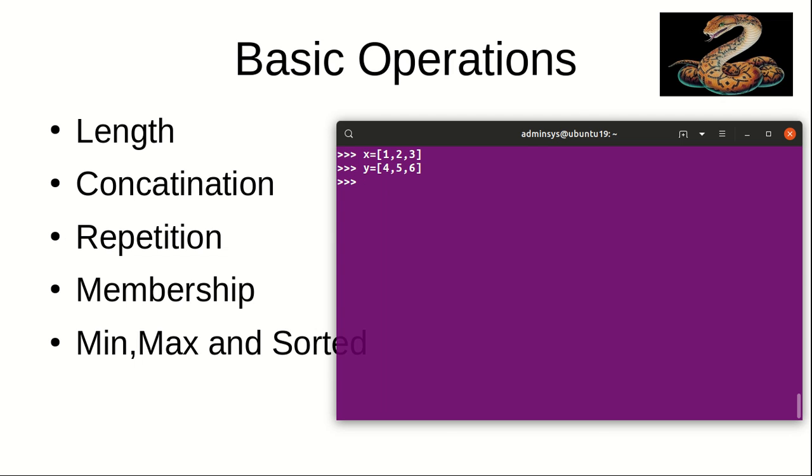If you want to concat or combine these two objects, you can combine them by using the plus operator. So the plus operator combines x and y. If I print a, see, it returns 1 2 3 4 5 6. That is, it combined the x and y lists.